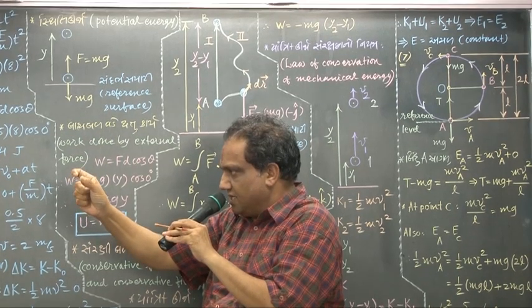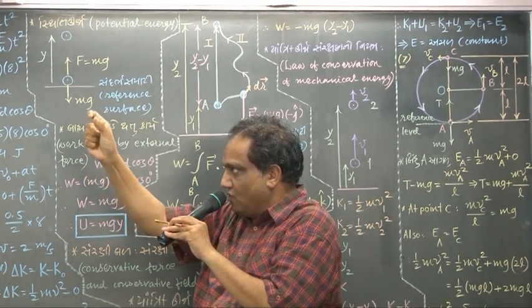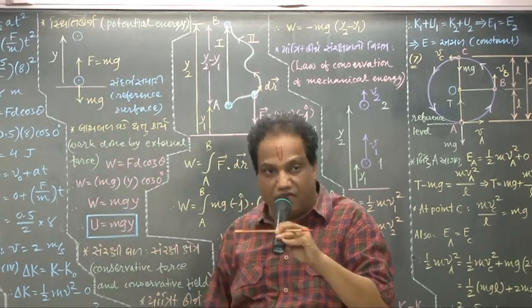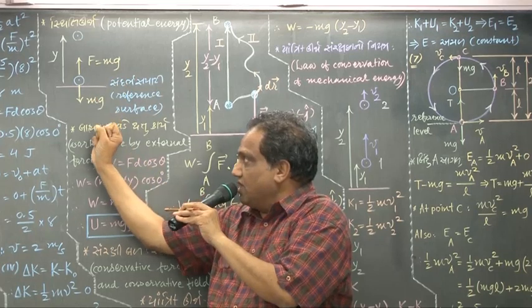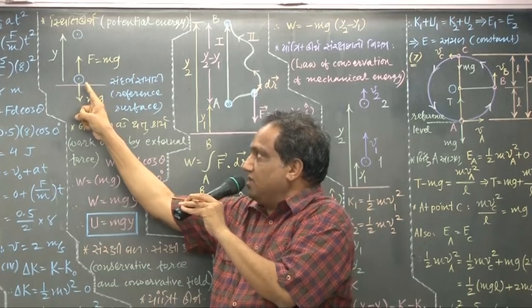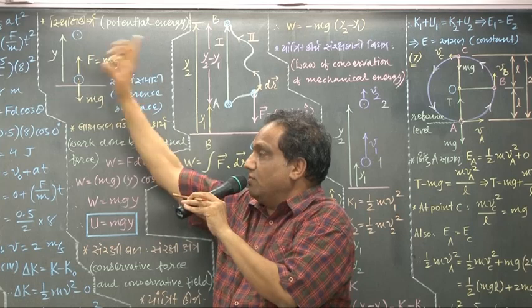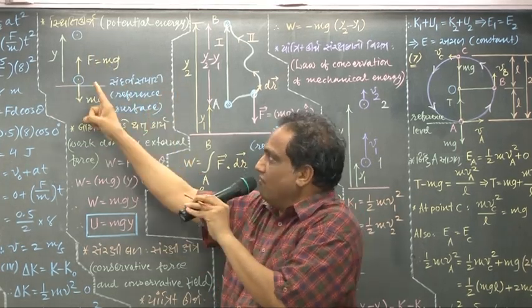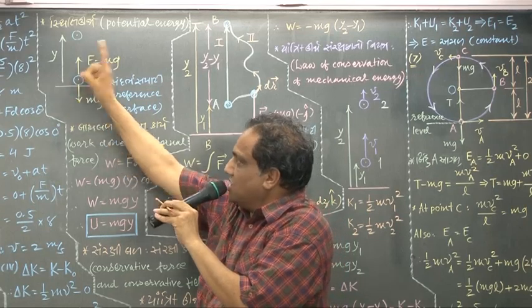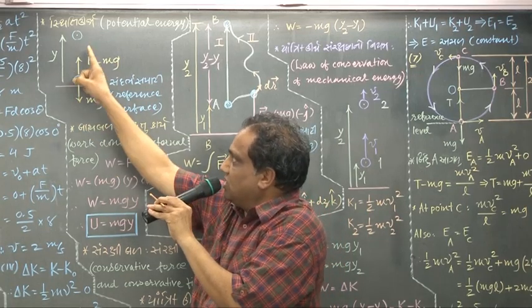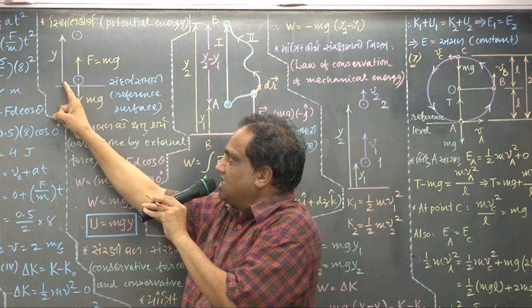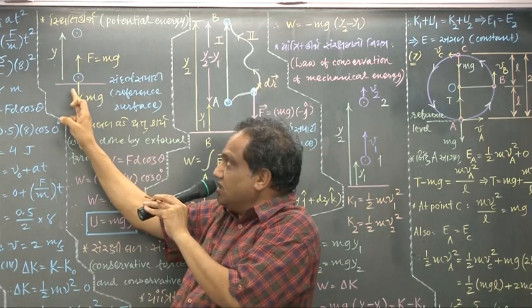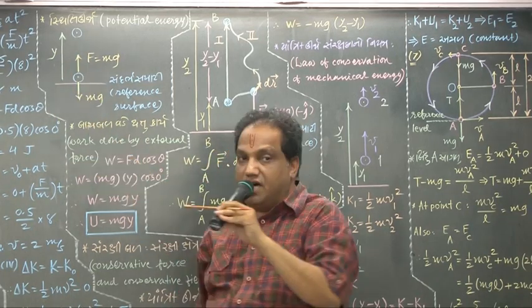Look here this way. Right? But I am applying an external force just equal to its downward weight. What is the weight of the body in the downward direction? Mg. I am applying the same magnitude of force but in the opposite direction. F equals mg. When I am exerting this much external force, suppose the body is lifted from this position to this position such that it has achieved this much height. That is the displacement of the body in the direction of force.